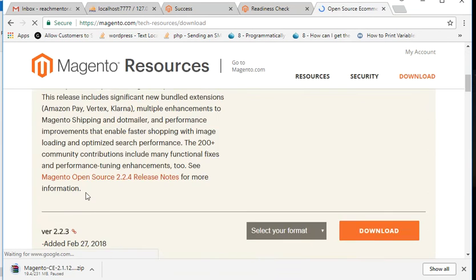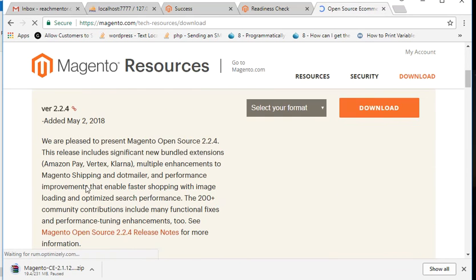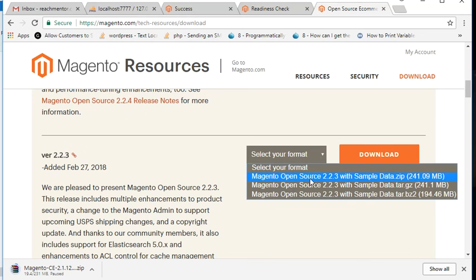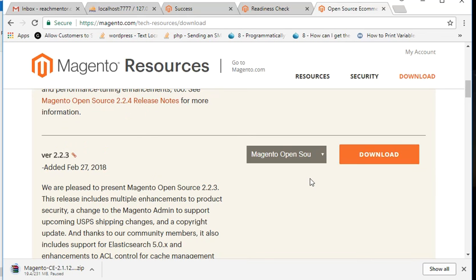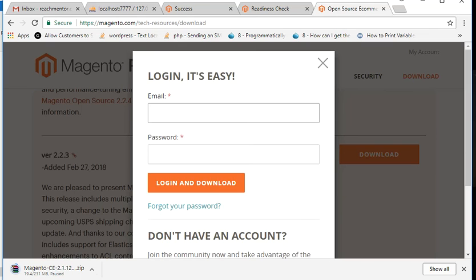Yes, the page, and from here select your format. I am going to select zip format and hit download. It will start downloading your zip folder here, but if you are doing it for the first time, then you should create an account, or you should first sign in,